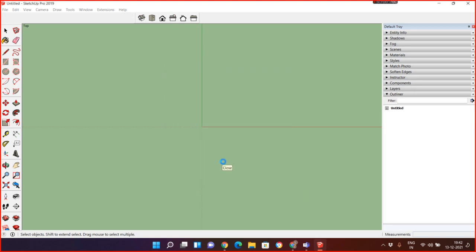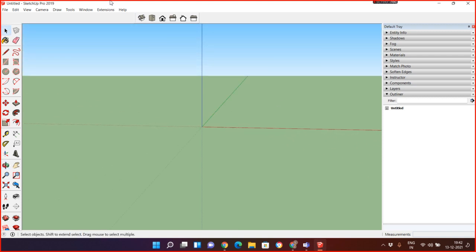Look, the view is coming. And when the view is coming, it's easy to understand. Suppose I want to go to ISO again. I'm in isometric.